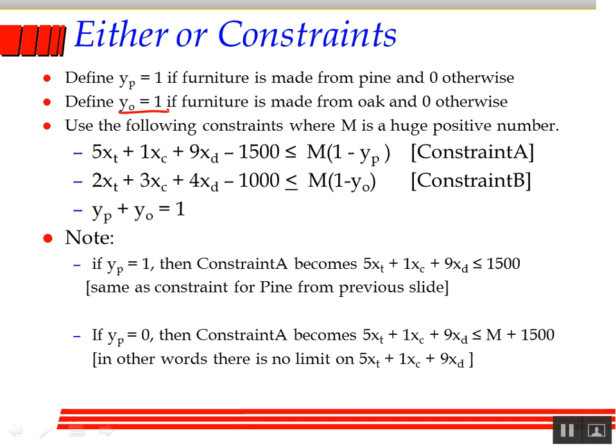On the other hand, if yp equals 1, yo must be 0 because of this constraint, right? If yo equals 0, that means this equals 1. The right hand side is m, right? So the constraint B becomes